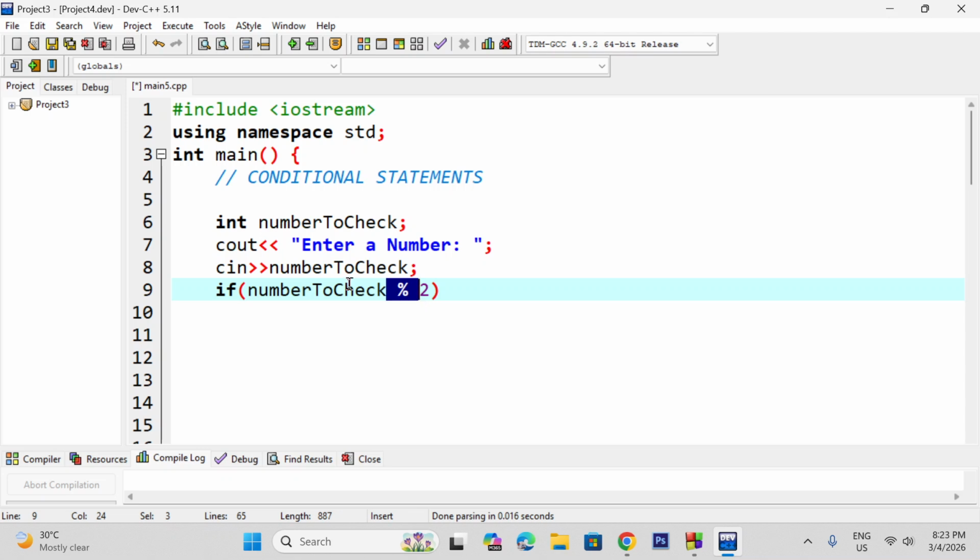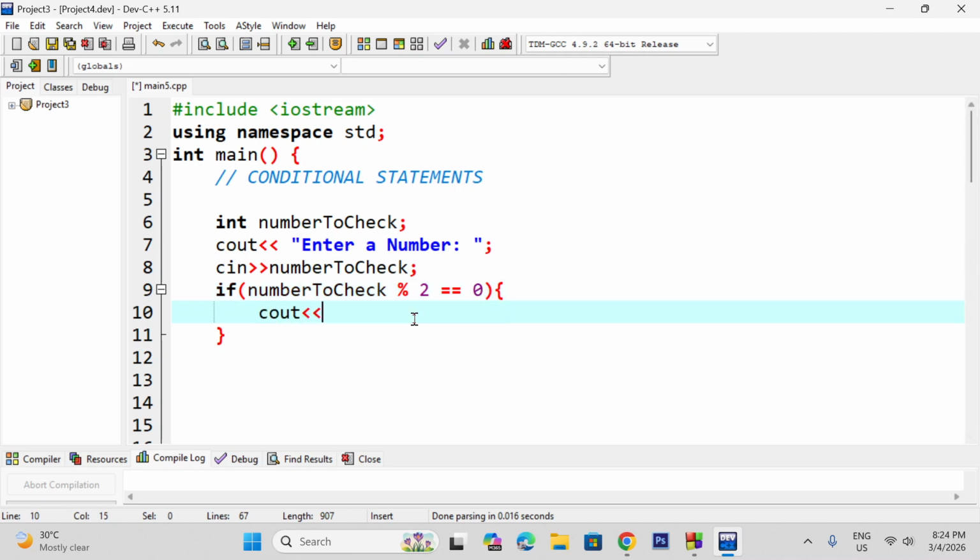Once we repeatedly divide an even number by 2, the answer we expect for the remainder is 0. So basically that's what I've written in programming. The number to check repeatedly divided by 2, and the remainder is 0. Basically it means the number is an even number. So I'll just say even number here is